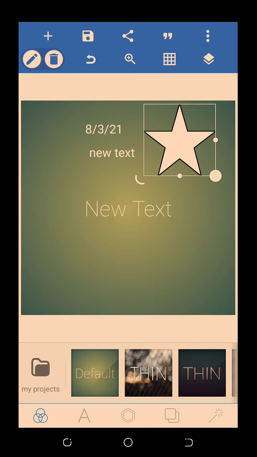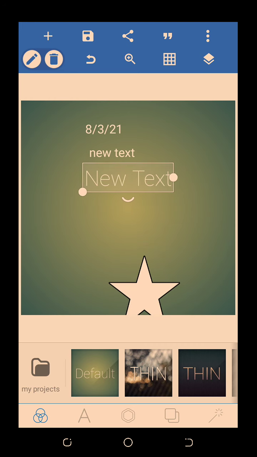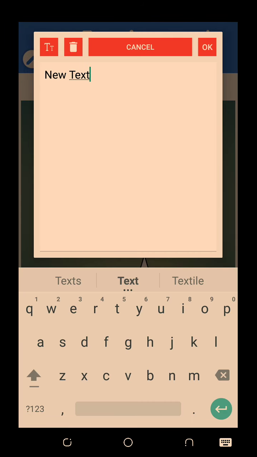Okay, so we will now go to the next line. Let's talk about the tools on the second line. You can see the first tool there is the circle with a pen at the center. If you click on it, that's the edit button. If you click on a text or a shape, the text, for example, that I want to edit, you just click on edit, click on the pencil shape. So it gives you